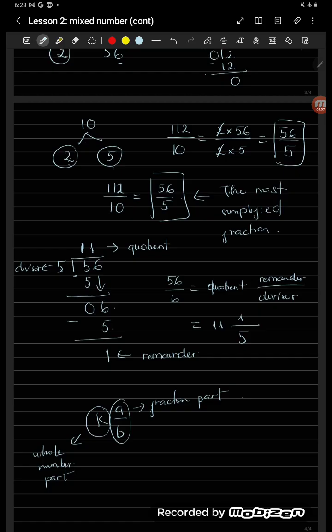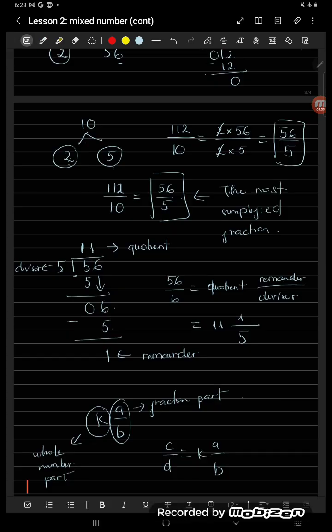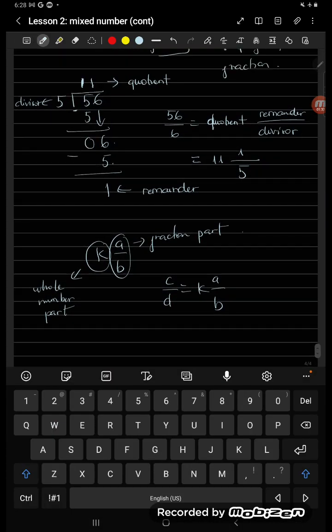Sometimes when students convert from a fraction to a mixed number, they get a result where a is bigger than b, meaning the numerator is greater than the denominator. Even though the answer is not wrong, it is not